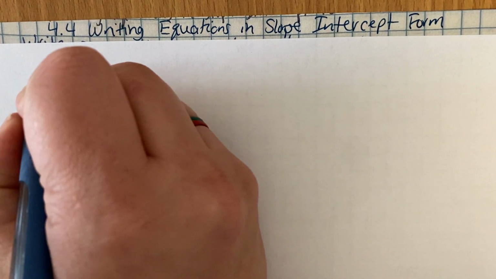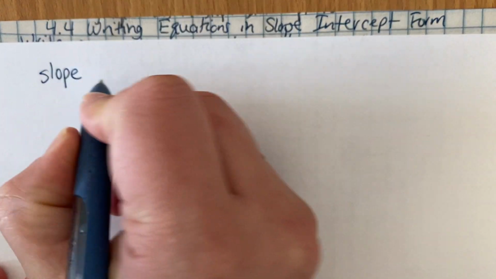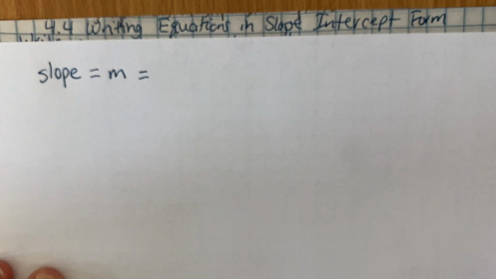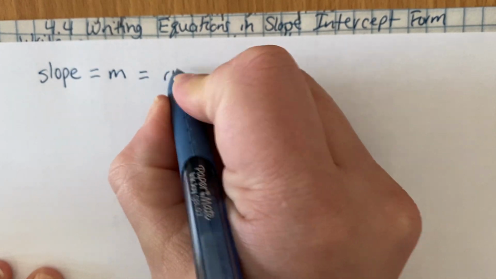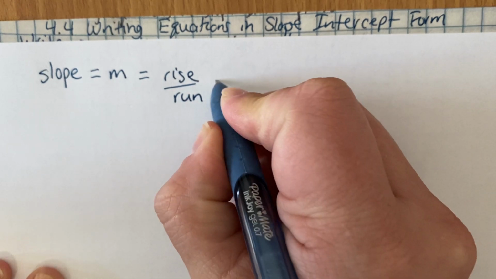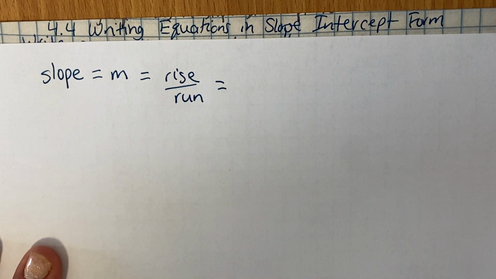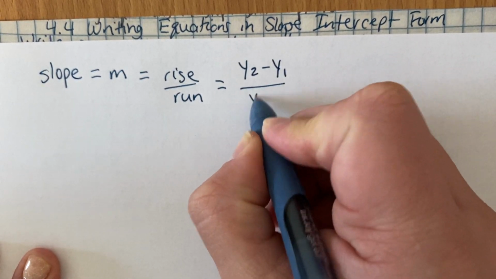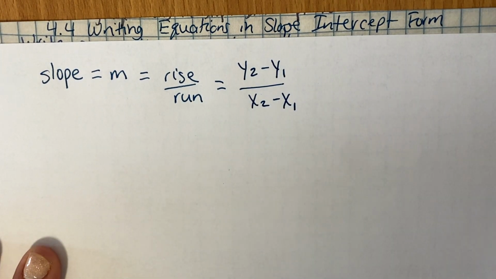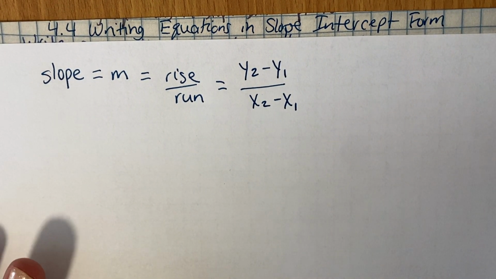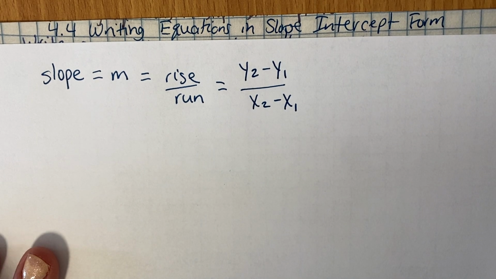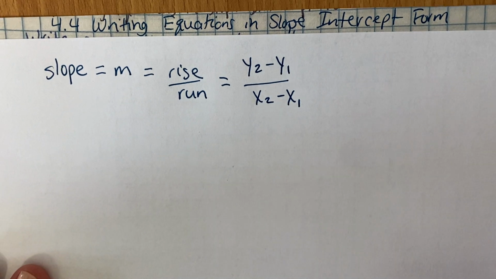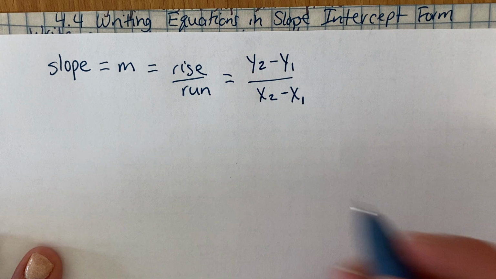So remember that our slope is also our m, right? Slope is also rise over run. It is also y2 minus y1 over x2 minus x1. Okay, those are all the ways we can find slope, which is going to be really important for slope-intercept form. Okay. Also, I want to remind you that slope-intercept form